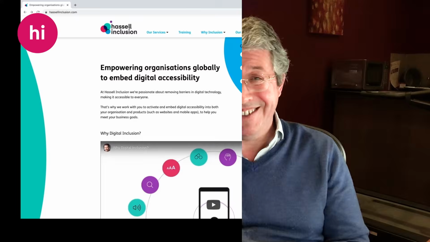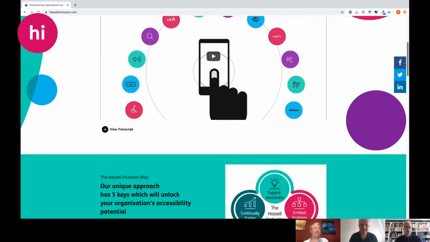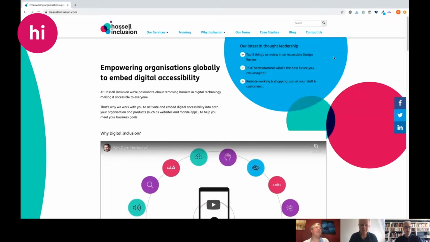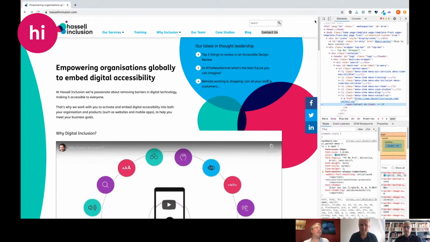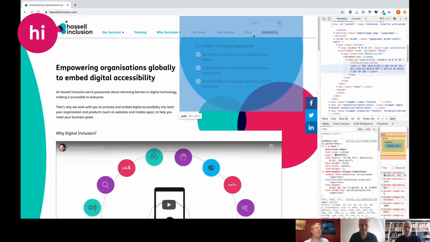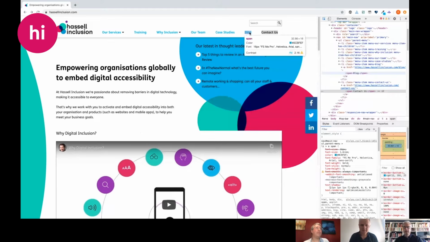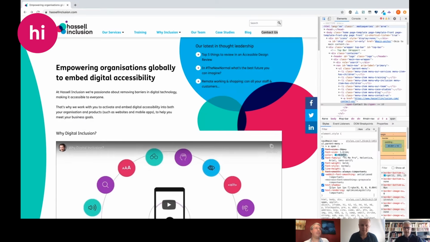Over to you, Rob. Okay, so having a look at the site here, just having a quick look around, I can see there's potentially an issue with the navigation color here at the top. So let's have a quick look, and we can check this with a tool in Chrome. So let's just check the contrast of that blue against white, and we can see it's 2.16. Rob, quick question: what should be the contrast level for that? So we're looking for a contrast level of at least 4.5 to 1 for any text against a coloured background.